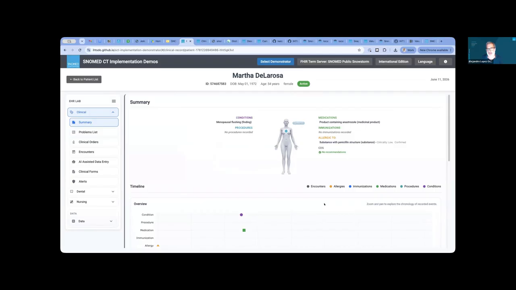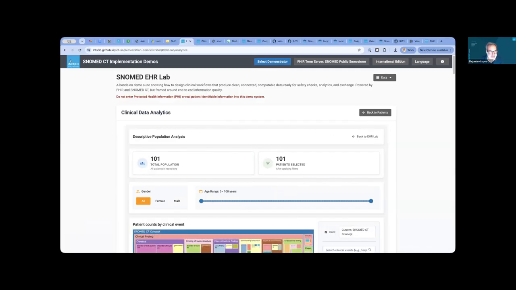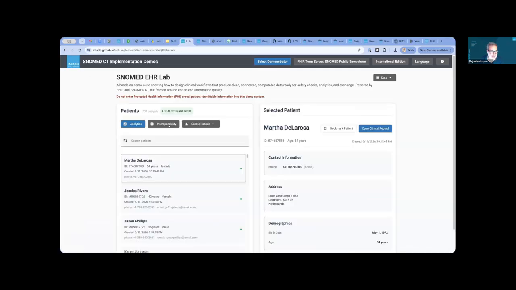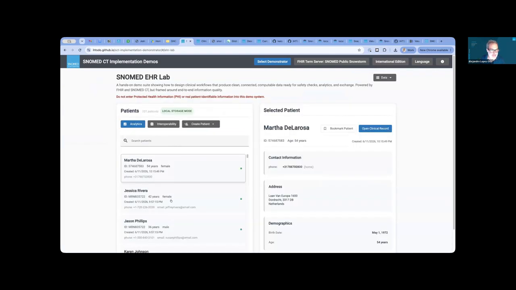And now I have my record of the patient based on that electronic document. So with my supervision, there was a process in which I can get information from the patient and I can enrich my clinical record. And if I'm doing this for the second time, sorry, let me go back. So I will do the same. Now I get the patient is in my database, 100% match. But let me show you something before.